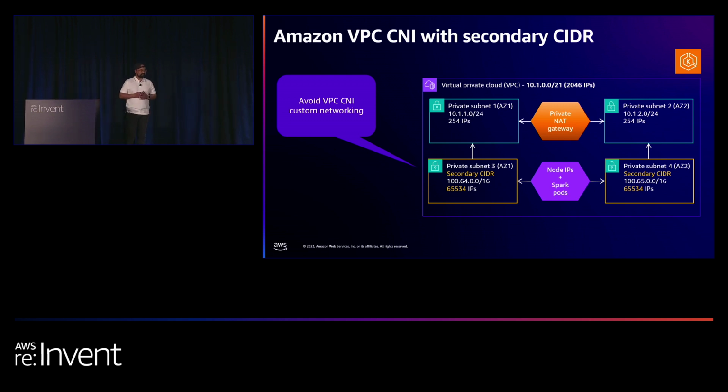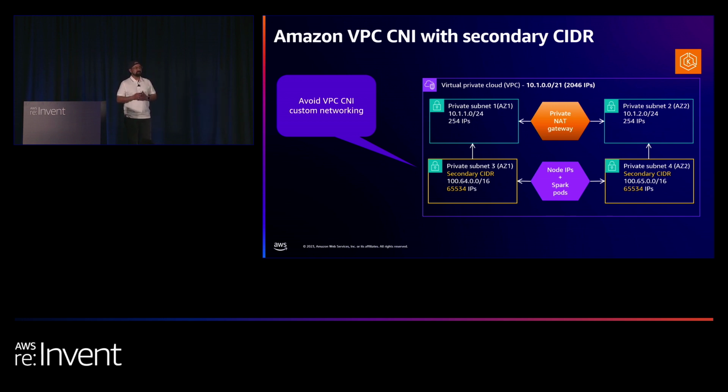So in this slide that you see, it's a VPC CNI with secondary CIDR. One thing we noticed is that a lot of customers with the data teams and data science teams just go out and ask the platform team to create an EKS cluster so that we can run Spark jobs. And the platform team have no idea how many IPs they need to allocate. They just normally create smaller subnets, and then the data team hits that issue saying, hey, we can't run the jobs anymore because we ran out of IPs. So that's a common issue.